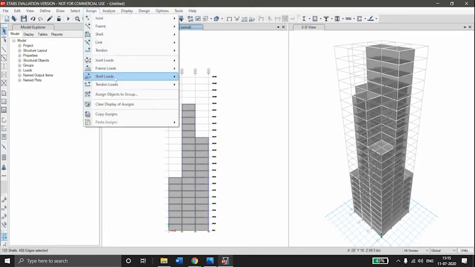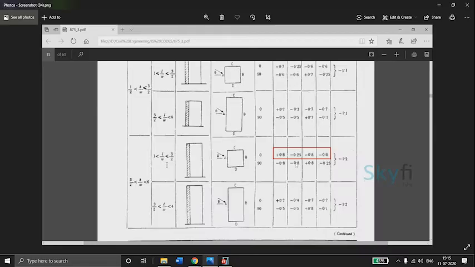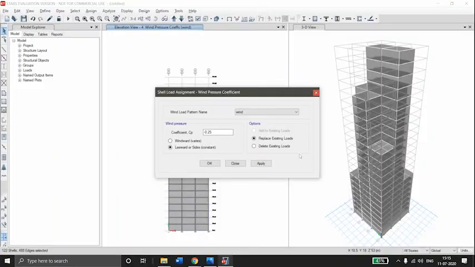Go to assign shell loads, pressure coefficient. Select the sides. Here our coefficient is minus 0.8 for both the directions. So apply. Okay.